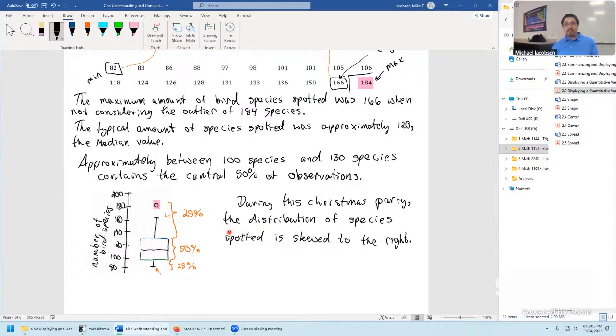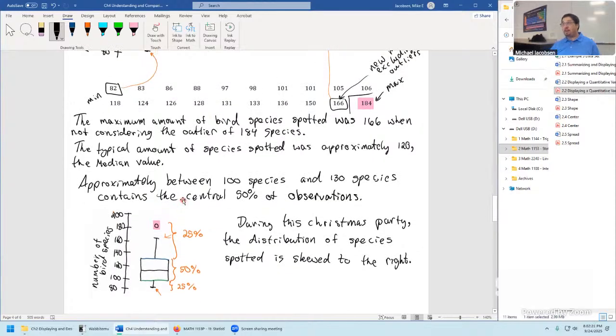There's a lot of things you can determine just from a quick box plot. Histograms still have a really important role, and a dot plot was just a quick way to see where data falls without going through all the trouble of putting down a histogram by hand. But this is one way to think about and interpret information from the box plot itself. Any questions at all, folks, with that new plot?